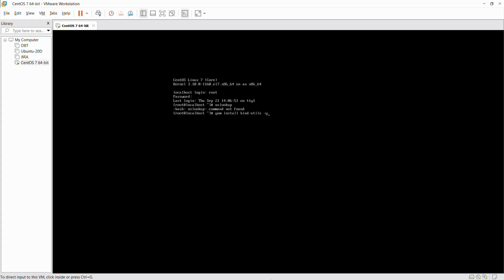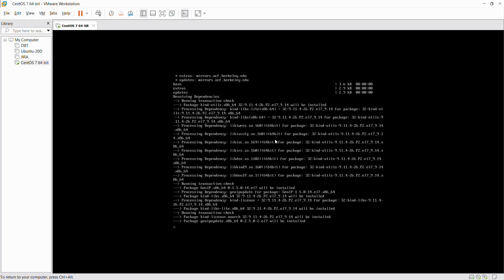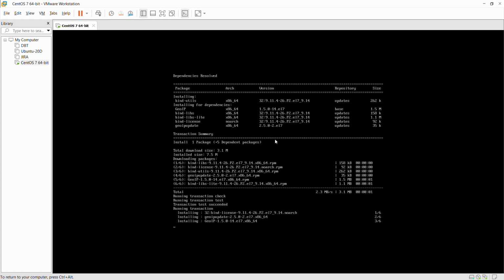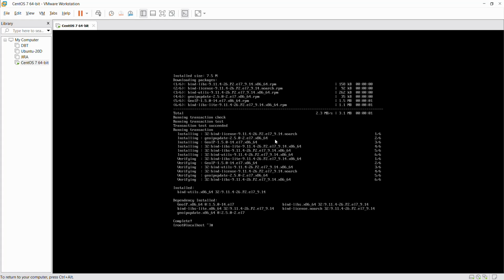Yum install bind-utils. This is the package we have to install to make sure a few other commands work for us. So what are those commands? Let me install this and then proceed further. See, what yum does is it also captures the relevant supporting packages, so you don't have to install everything one after the other. It searches for relevant supporting packages and then gives you the complete installation.